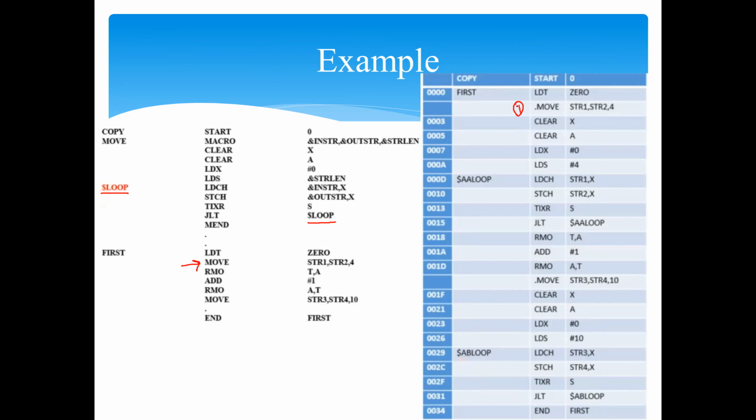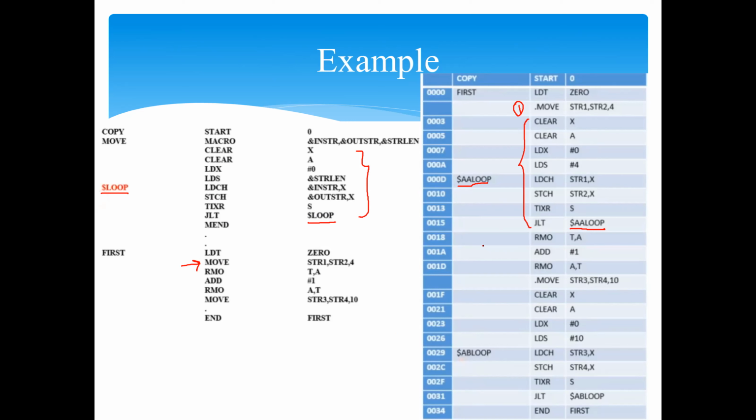Yes. So in that first invocation, when the body of the loop is expanded, wherever you have $loop coming, since it is a first-time invocation, the dollar will be replaced with $AA followed by loop. And in the program also, wherever you have $loop, there also it will be uniquely labeled as $AA loop.